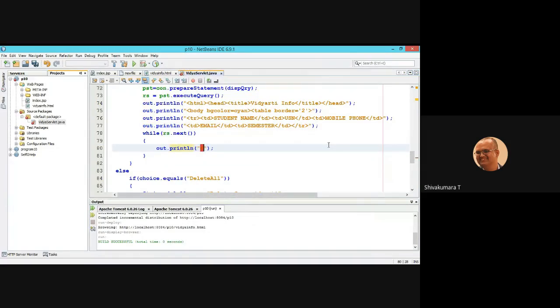So table row, table data. The first column is student name, the second is USN, the third column is phone number, the fourth column is email ID, and the fifth column is semester.